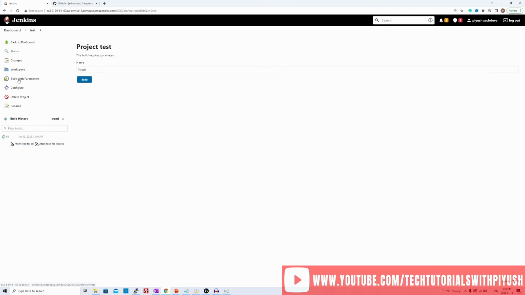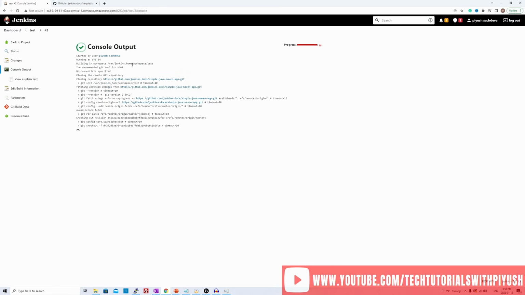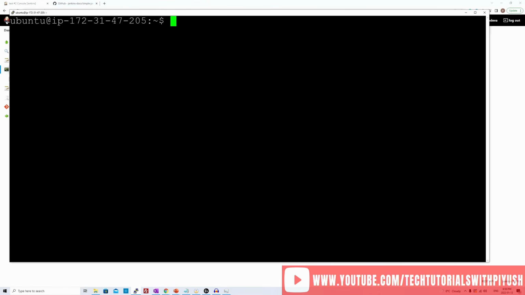So now when I'm building the project again, you'll see things are different, because now it will do a lot more than just printing hello world. What it did is it cloned the repository that we have entered and downloaded it into the Jenkins workspace. First you'll see a path over here, building in workspace, and your repository will be downloaded. So git checkout has been performed over here for you. And now you must be wondering, it is downloaded, but how can you make sure that this repository was actually downloaded? So let's go back to our Jenkins server on the backend, and